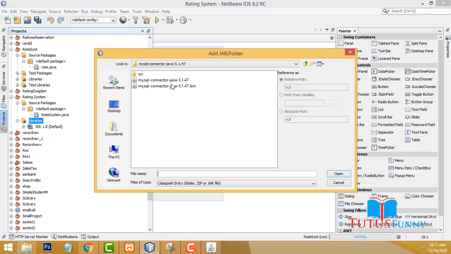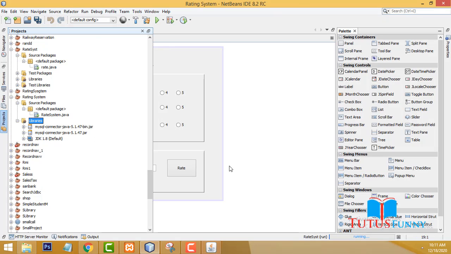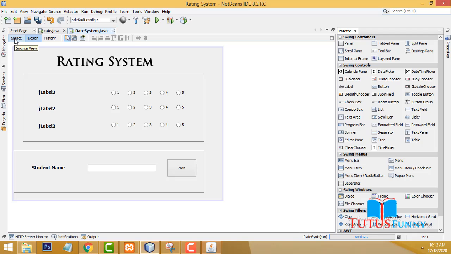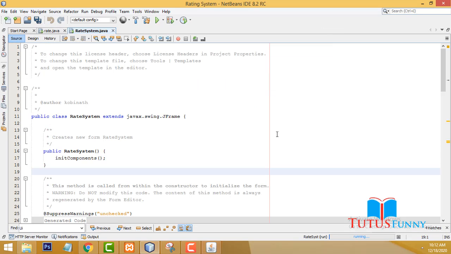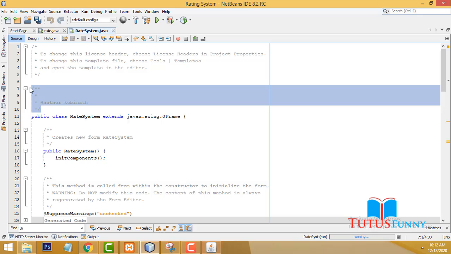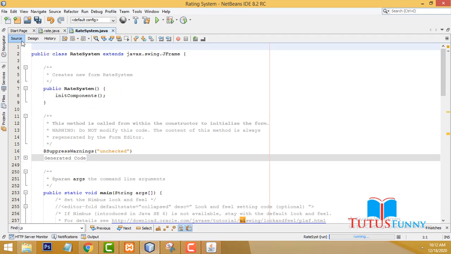Hold the control key down, select both of these, and open it. Here the library will be opened successfully. Now you will be able to connect to the database, right? So now go to the source. First you have to import the namespace. First you have to write import